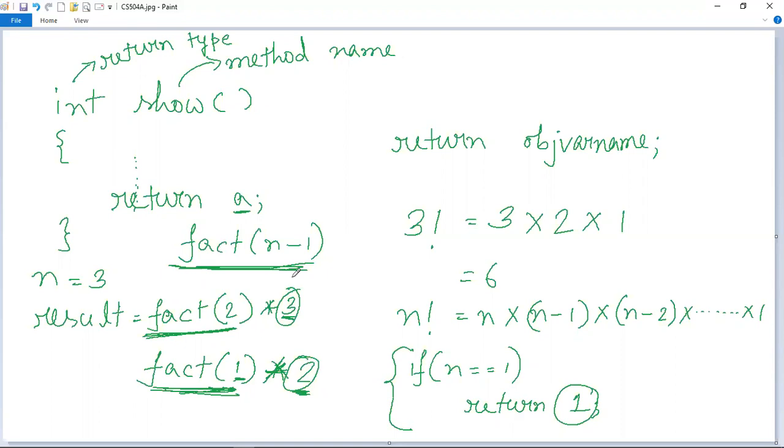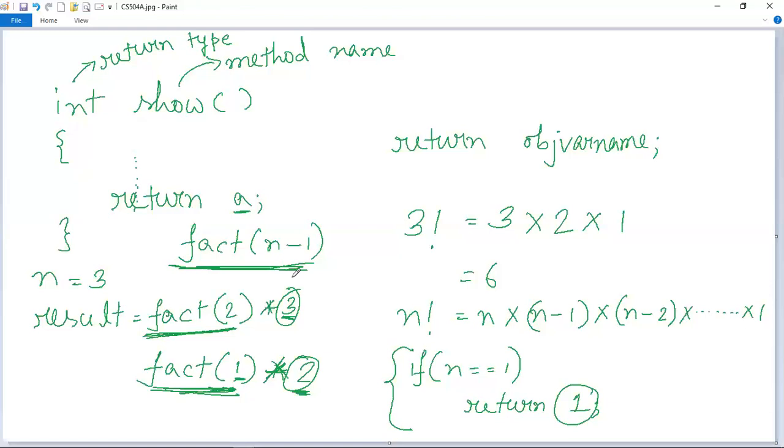And this result, which is 2 into 1, which is 2, will be multiplied then with the original method call, and it will be multiplied with the value 3. That means the original value of n, which is 3. So 2 into 3, it should give you 6.